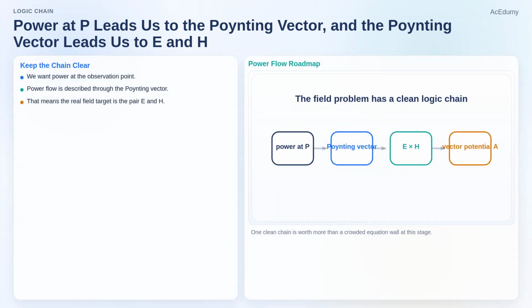If we care about power at the observation point, then the Poynting vector immediately appears. And once the Poynting vector appears, we know we need both the electric field and the magnetic field. So the lesson logic becomes very clean. Power at P leads us to the Poynting vector, and the Poynting vector leads us to the pair E and